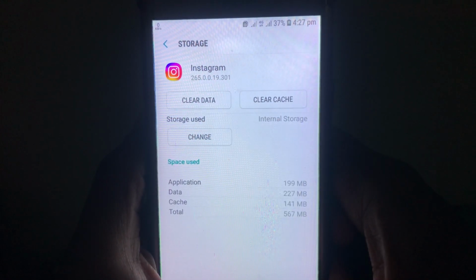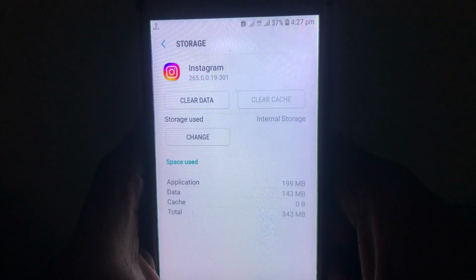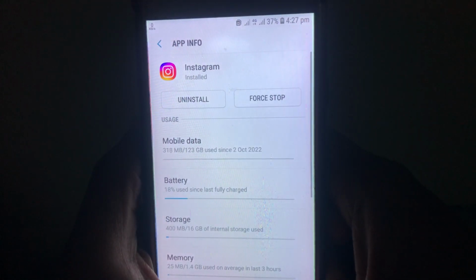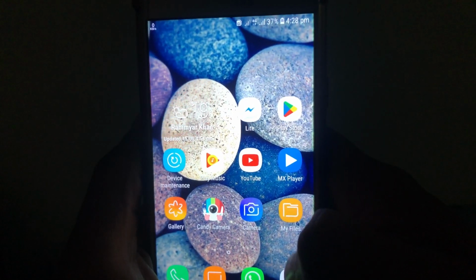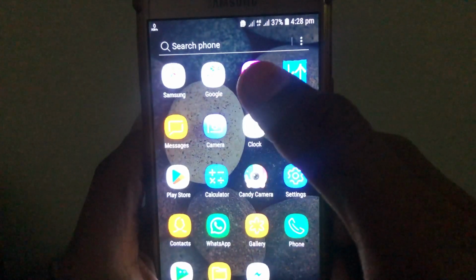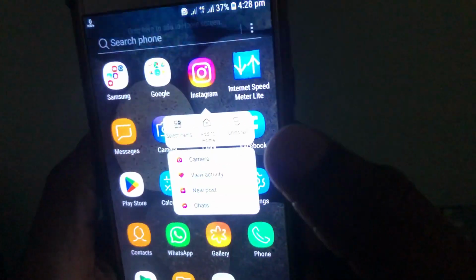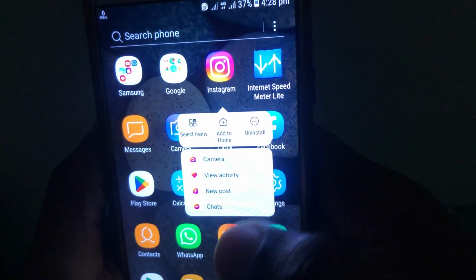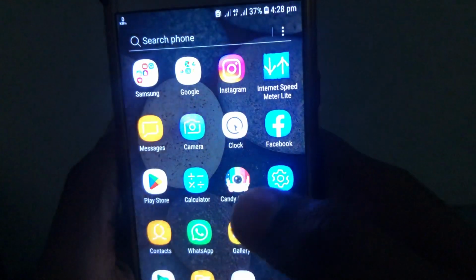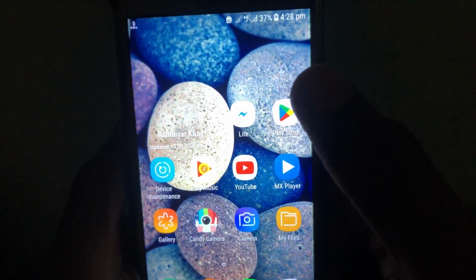After clearing the cache, you have to go back and check whether the problem has been solved or not. If the problem is still there, you have to uninstall Instagram from your device, and then open the Play Store and